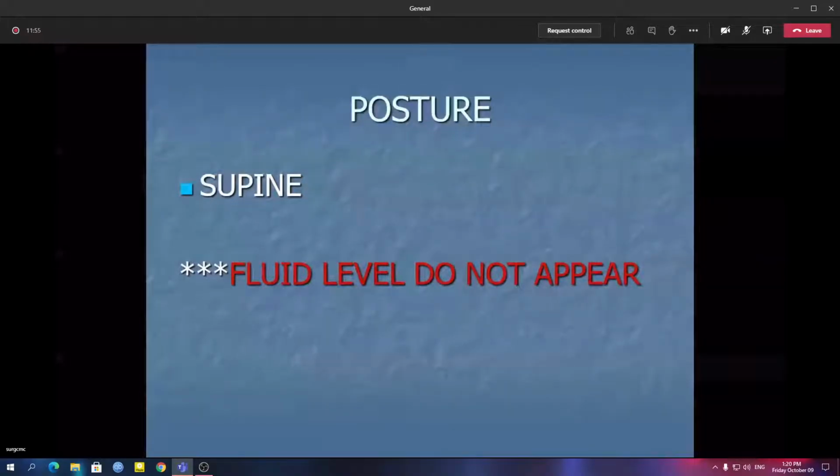Posture, I told, in a supine posture. Now, you think you are taking a plate, a patient lying supine, your machine is on top of the patient, and your plate is behind the patient. So whatever x-rays you take, if there is any sort of fluid within the patient's any of the body cavities, say the thoracic cavity or the abdominal cavity, you won't get the fluid level because fluids tend to go down. In a supine posture, the total, I mean, vertical height of the body is not much, so you cannot get a proper fluid level in a supine patient. I will tell you why in a different X-ray later on.